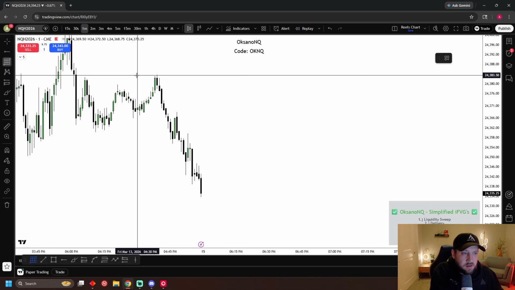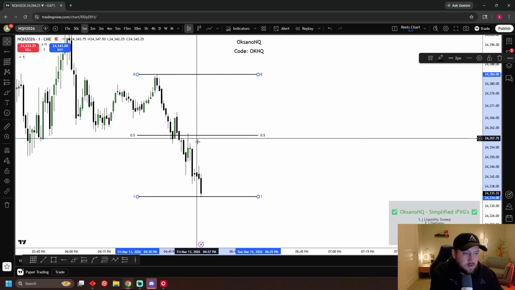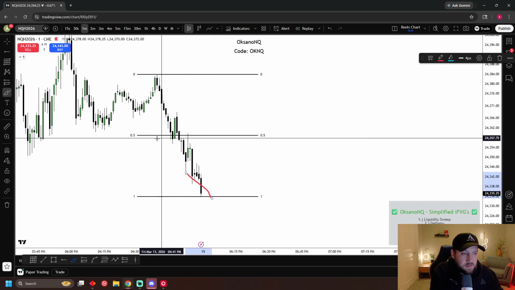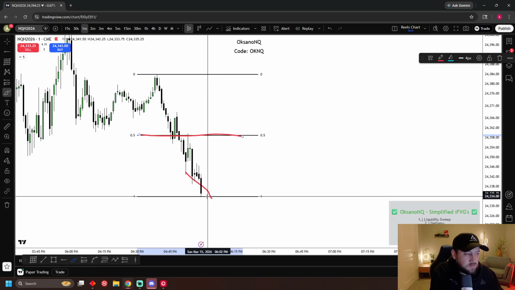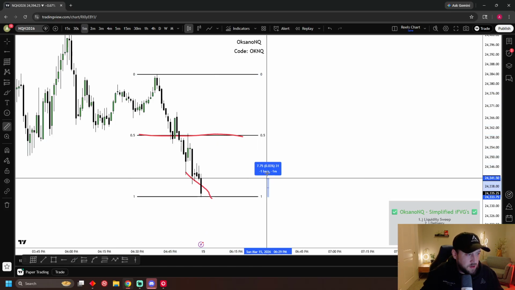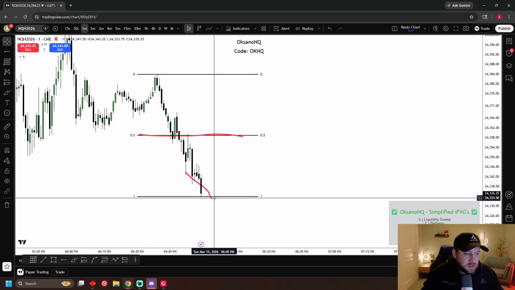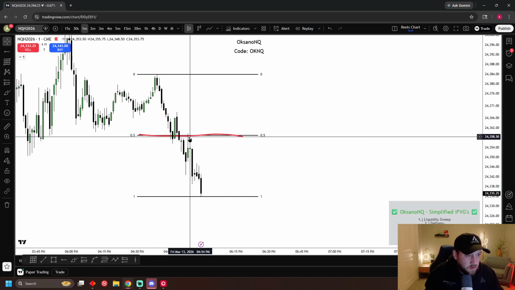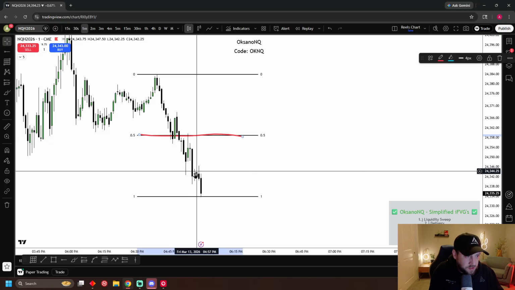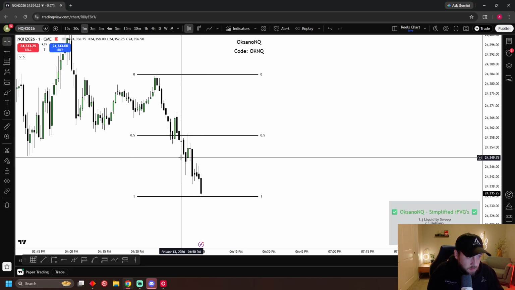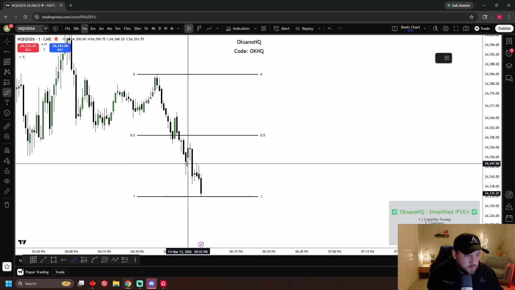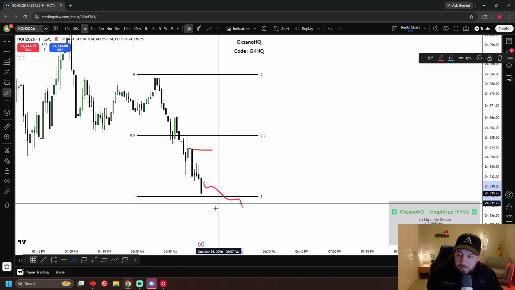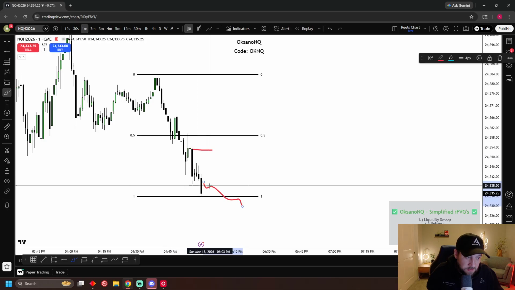So like, let's just say I'm in this short from here or whatever. If we get down this far, I want to trail my stop closer than 50%, because if we come back to 50%, we're giving up 26, 30 points. Whereas you could scale, or you could trail instead, if we're in a short and we put in this bearish FEG right here, boom, you could trail here at the top of this FEG, because then if your trade is going to keep working, this FEG should hold, right?